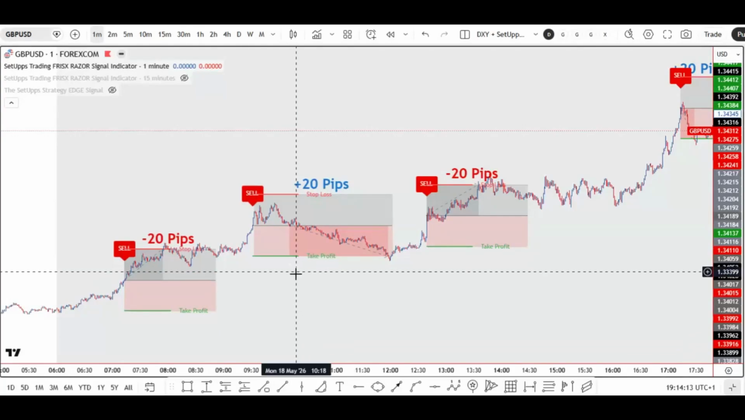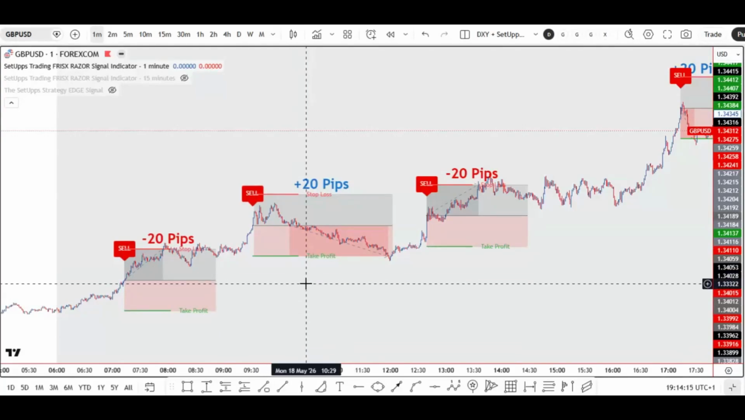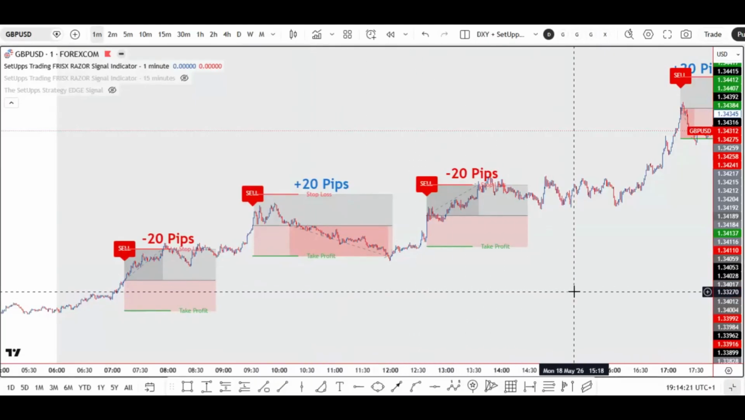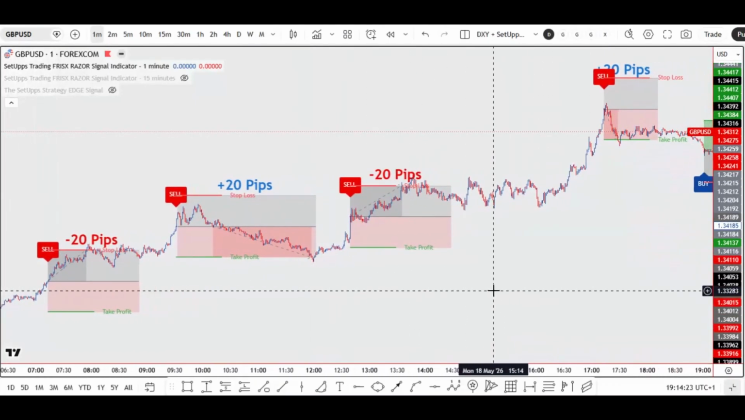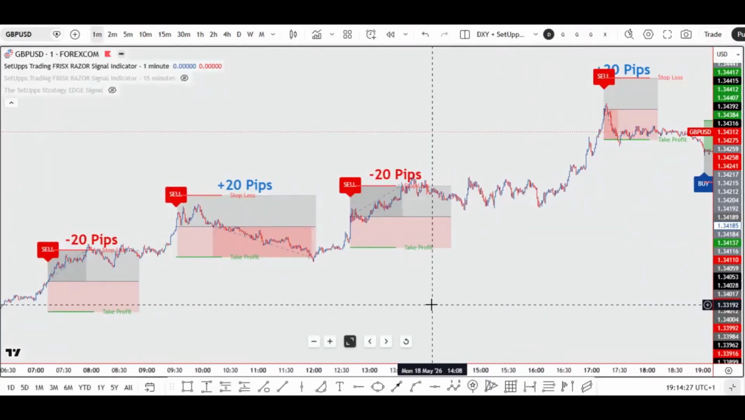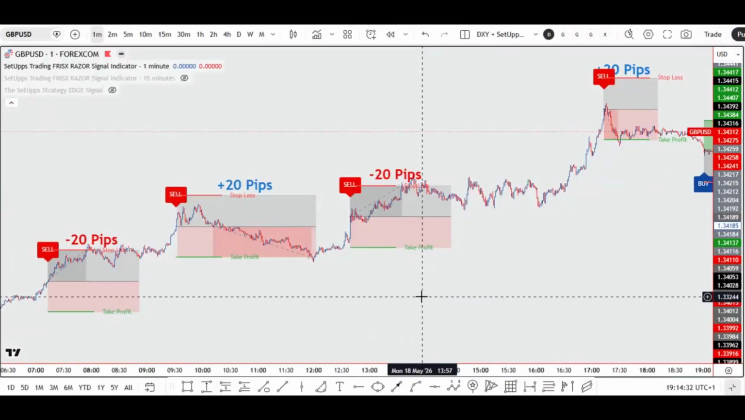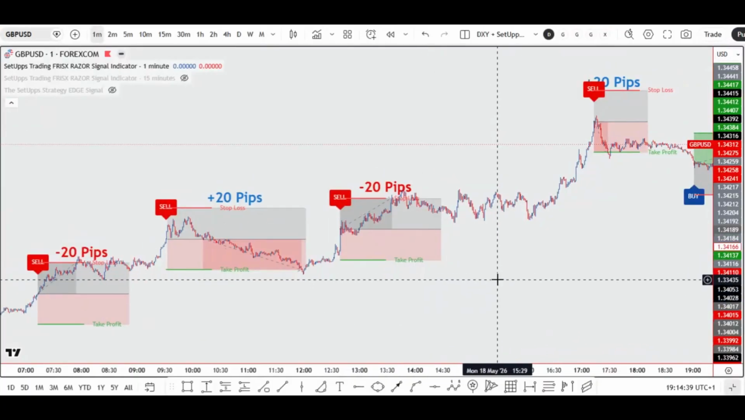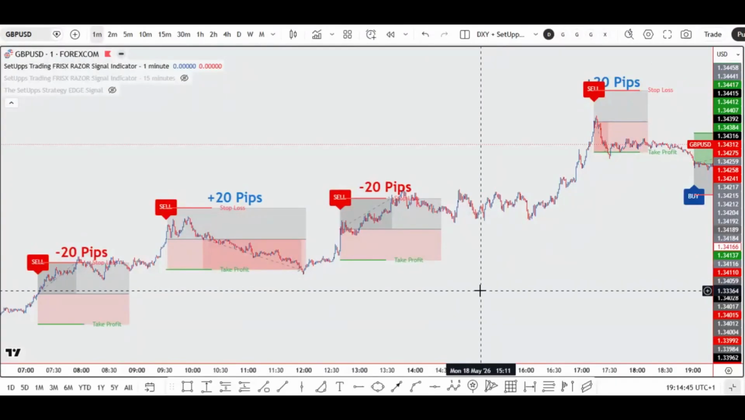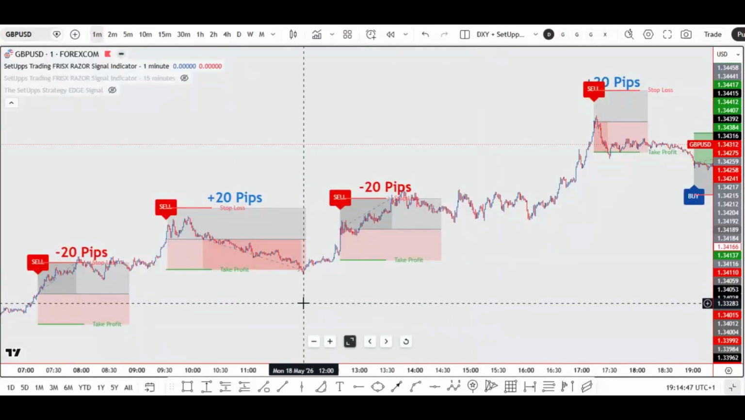Hi guys, this is a weekly recap for my setup Frisx trading indicator for the week ending the 22nd. So today is the 23rd. I'm recording on Saturday, 7:14 p.m. British Summer Time. If you've been following me, you'll notice that I have been sharing my trade results using this